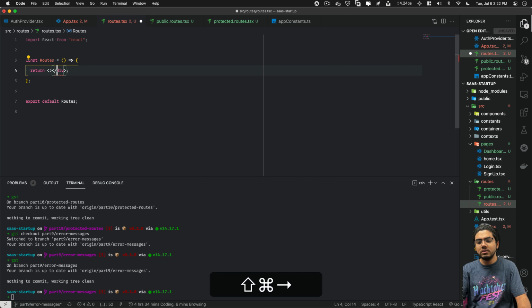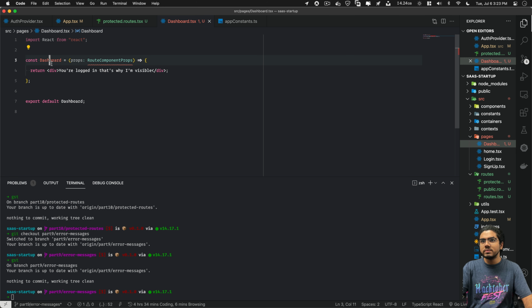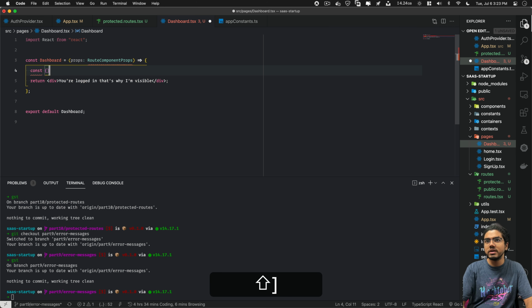Okay, so now we are done with the routes. Now we have to add the logic to make it public and protected. So we don't have to do anything for public routes, but for protected routes, I'll show you. So we have a dashboard. We'll call the authorization variable which I made in the provider.